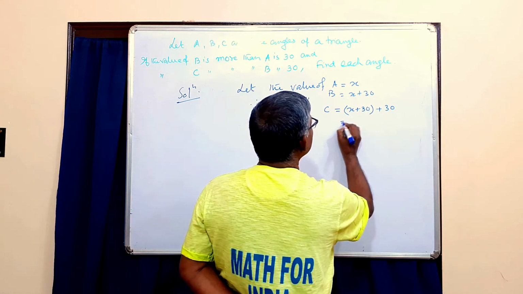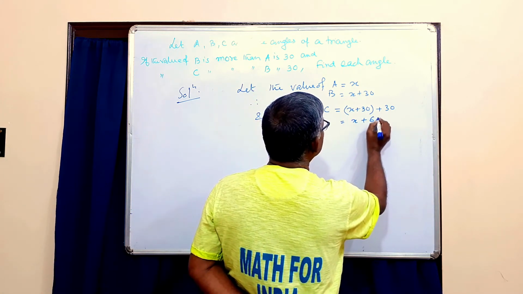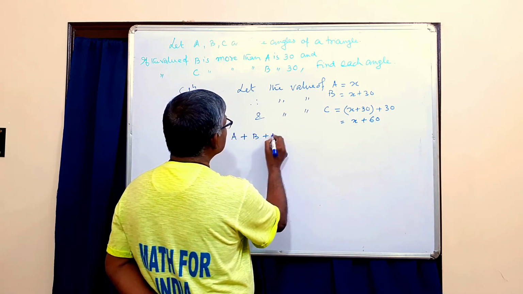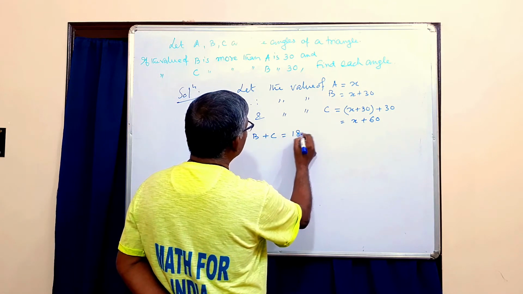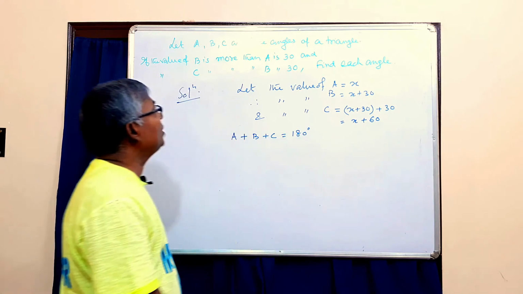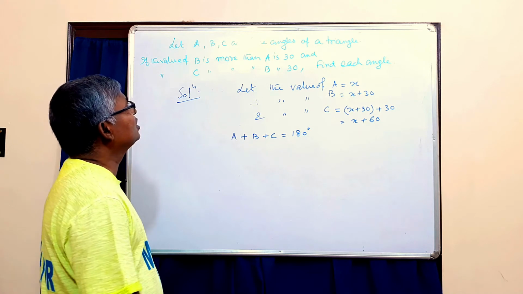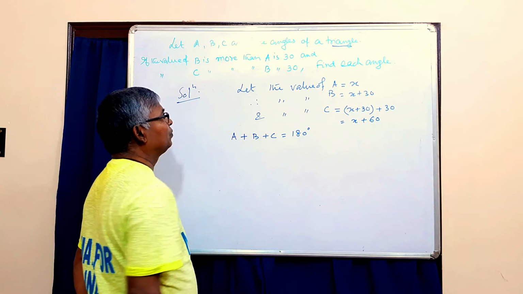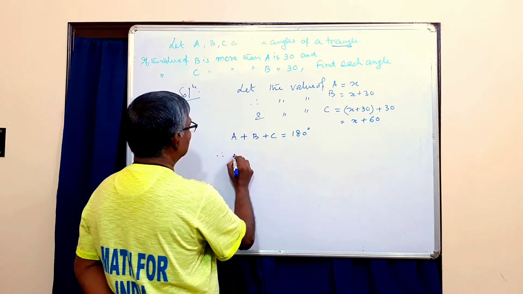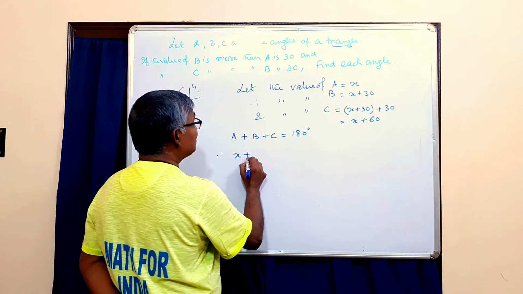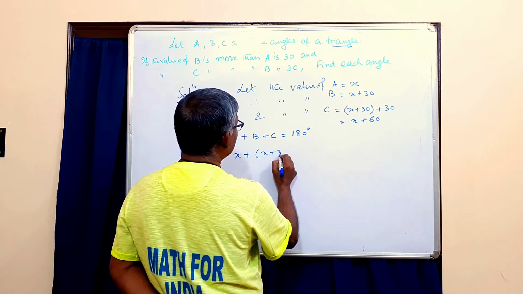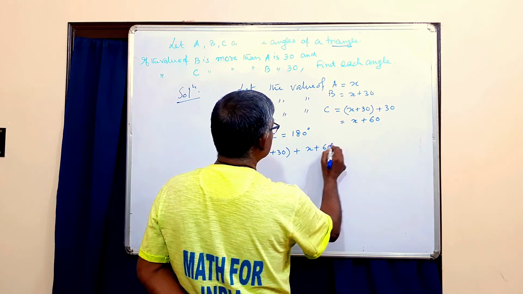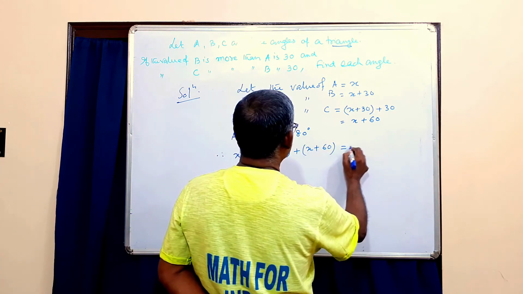plus 30, that is x plus 60. The value of a plus b plus c equals 180. The sum of the three angles of a triangle is 180. Therefore, as per the given condition, x plus 30 plus x plus 60 equals